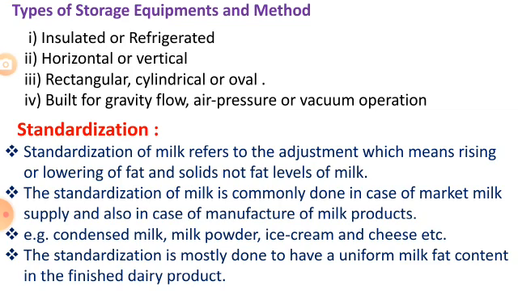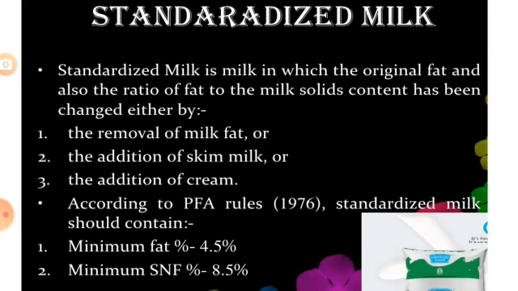Okay. So what is exactly the procedure of standardization? Milk is standardized by the addition of milk or cream with higher and lower fat percent than that of the material to be standardized. The process in which milk or cream with higher or lower fat percent than that of the material to be standardized is added. This is the proper procedure of standardization.